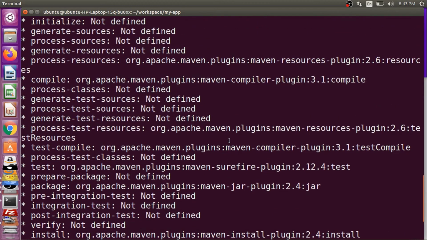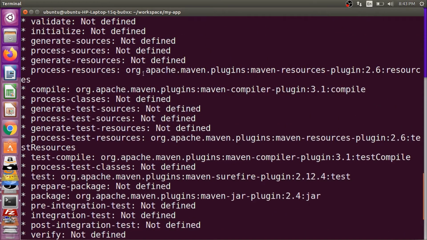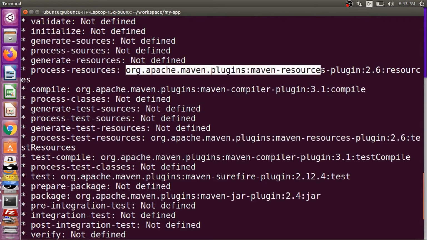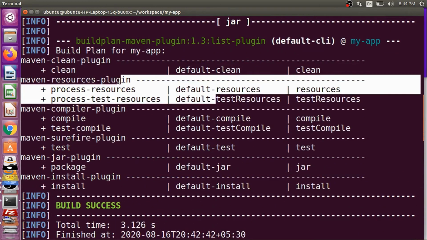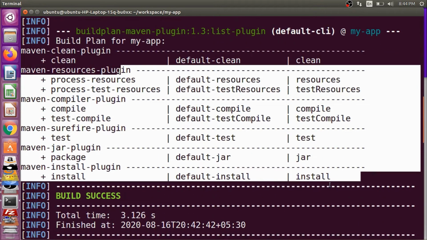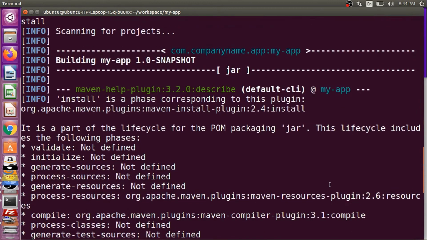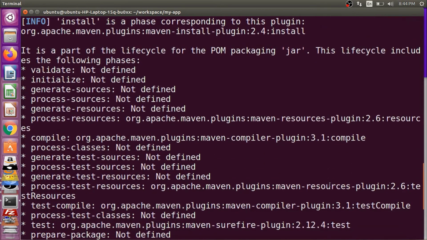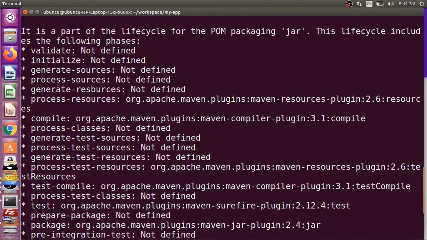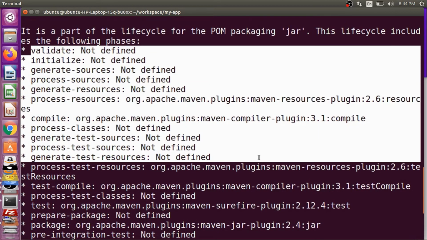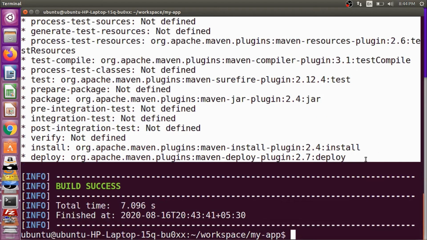We can see that all the phases which are defined here are just grouped and gathered in the table. And there is one more thing to notice, that is the difference between the two commands. The first command that we saw, that is help describe, will give us all the phases irrespective of the command argument that we have given to it.